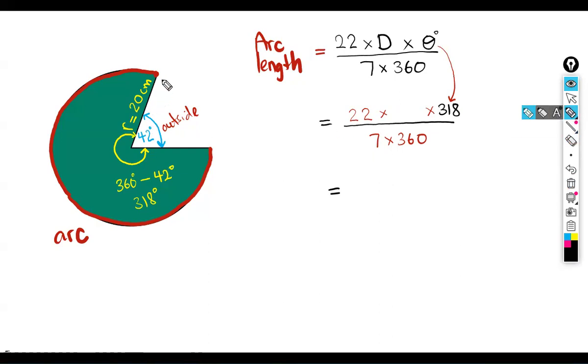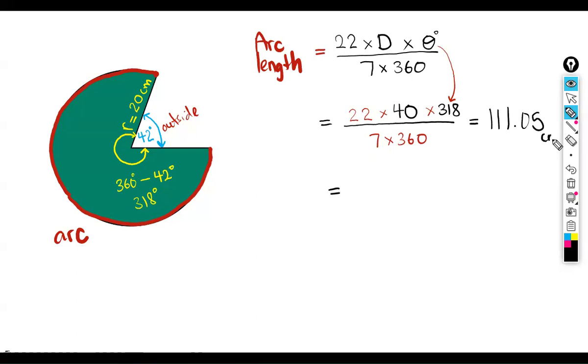The diameter would be 40 because if the radius is 20, that means the diameter is twice the radius, which is 40. And we know the angle is 318. So we're not falling for that trick again. 22 by 40 divided by 3, multiplied by 318, divided by 7, multiplied by 36. Anybody was getting this? For the curved part only,